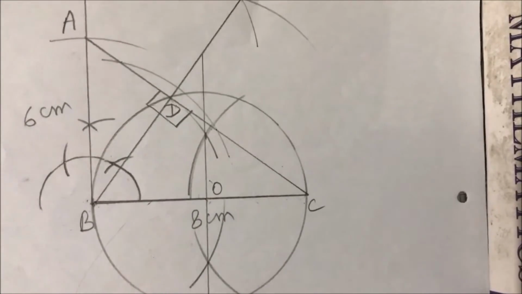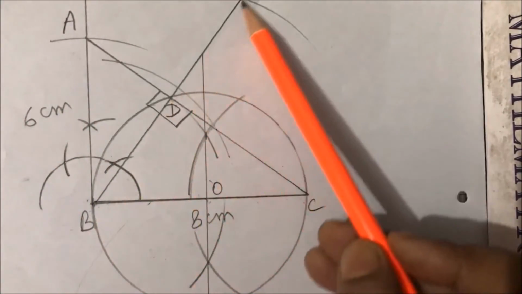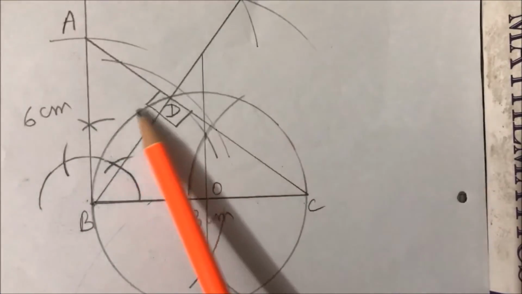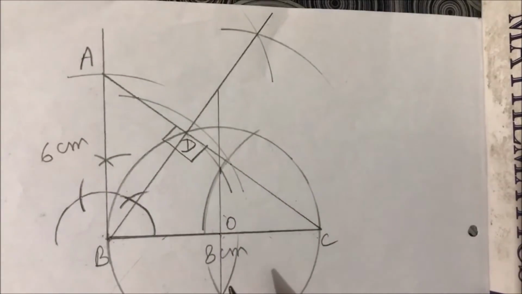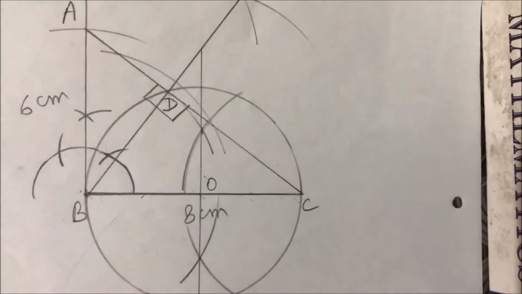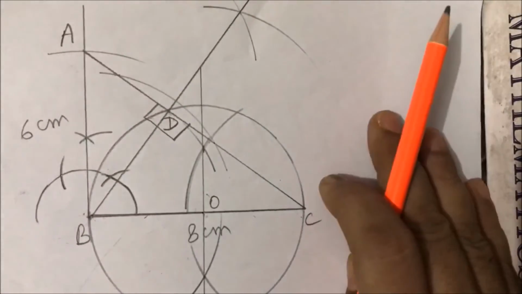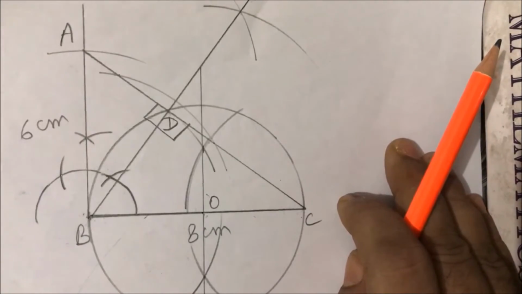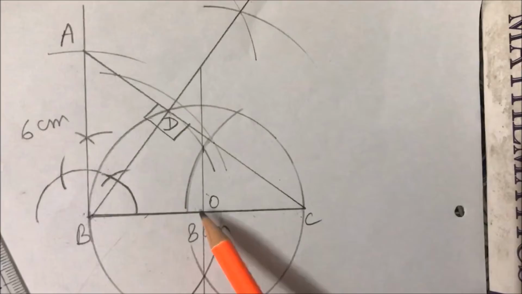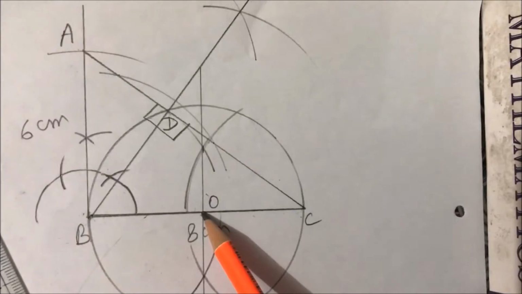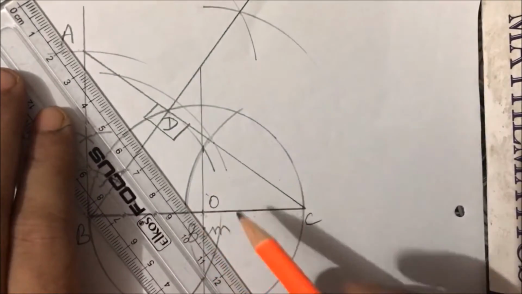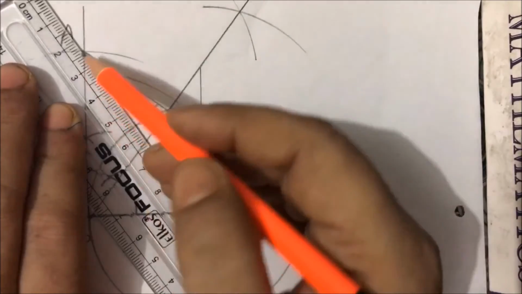First step, we have drawn this right triangle. Second step, BD is perpendicular to AC. Third step, circle drawn through B, C and D. Fourth step, you have to draw tangents from this external point A to this circle. So what is the procedure in that case? You have to join A to the center of the circle. The point from which we have to draw tangents, we join it to the center of the circle on which we draw them. So this is point O and this is A. Join A.